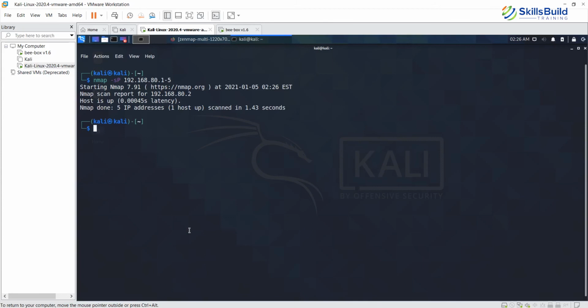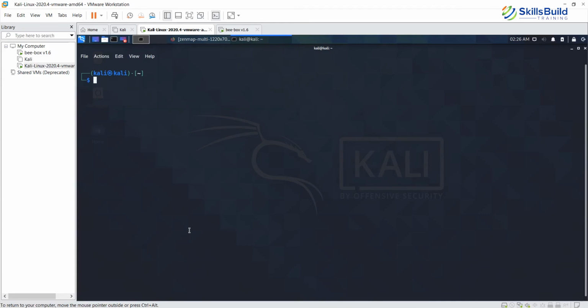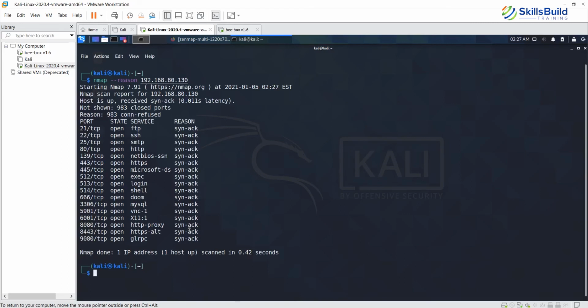Okay, so let's now look at the port state. So we can also find the port state using the nmap --reason and then the IP address. Okay, so there you go.